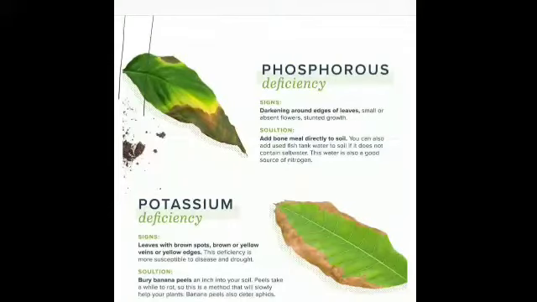Deficiency means lack of a particular thing, and symptom means the signs which are evident once that particular mineral or nutrient is lacking in the plant. So if there is a deficiency of phosphorus in the plant, then there is premature falling of leaves. Leaves fall before time, and purple and red spots are there on leaves, and such kind of appearance of the leaves is there when there is a deficiency of phosphorus.